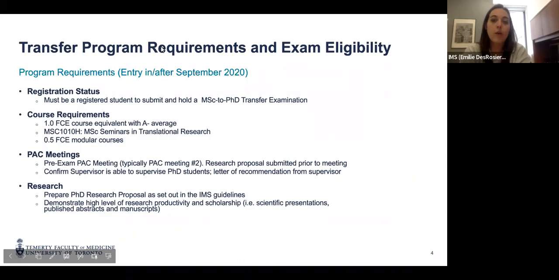Okay, so that's for the MSc students. Moving on to the transfer program and exam eligibility. Again, this is for students in and after September 2020. You need to be registered as a student in order to be able to submit and hold a